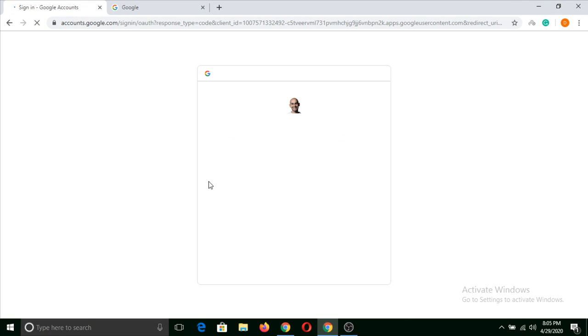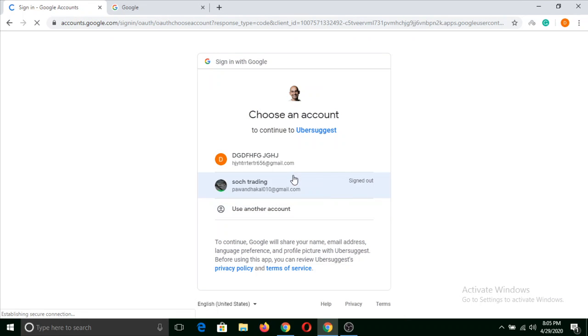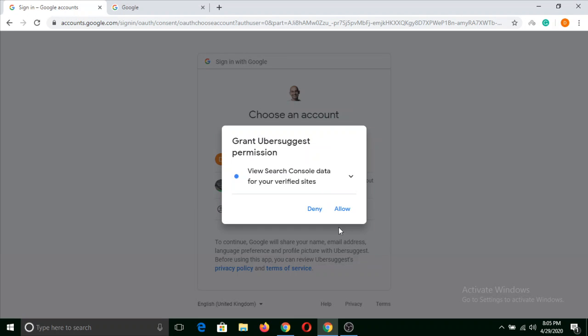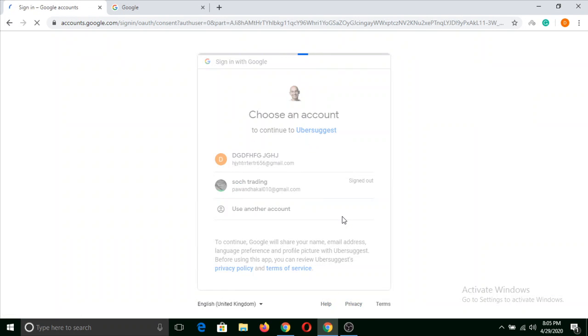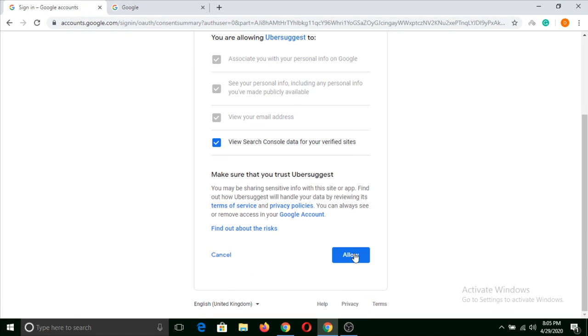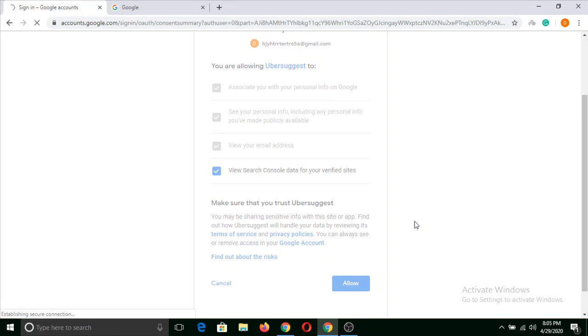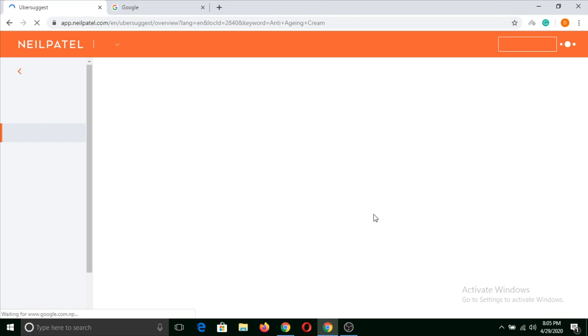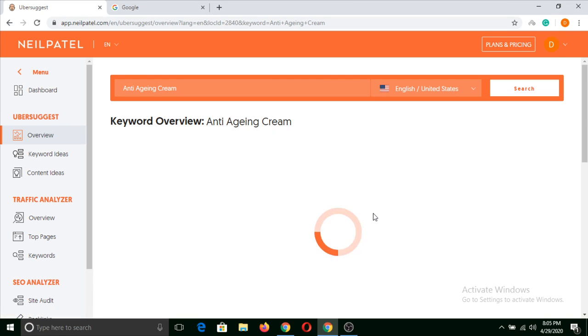You can sign in to Uber Suggest to keep on using. Just click on allow. And let's wait.